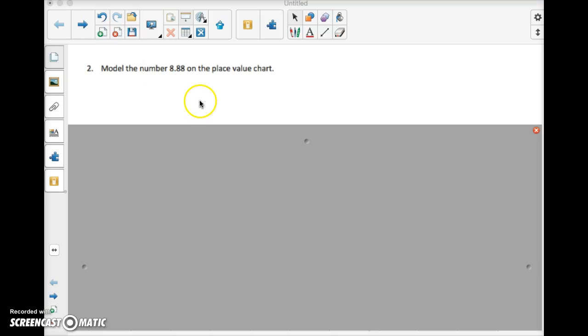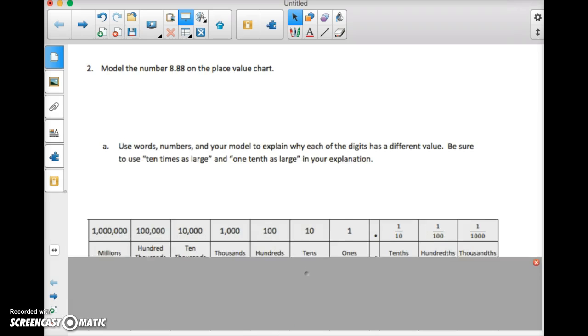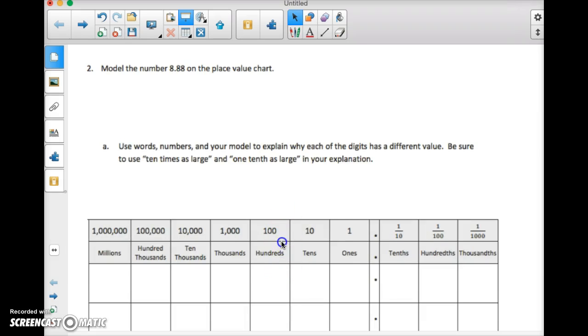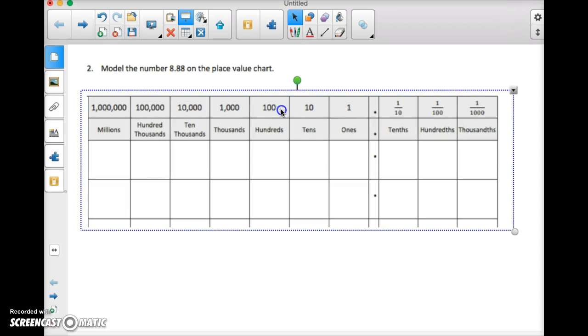All right, fifth graders, let's take a look at question number 2. The first part of the question says model the number 8.88 on the place value chart. Fifth graders, I did not see a lot of place value charts on some of our tests. If you have forgotten, this right here is what a place value chart looks like. So you don't need to draw the whole thing, but you do need to draw enough to record this number